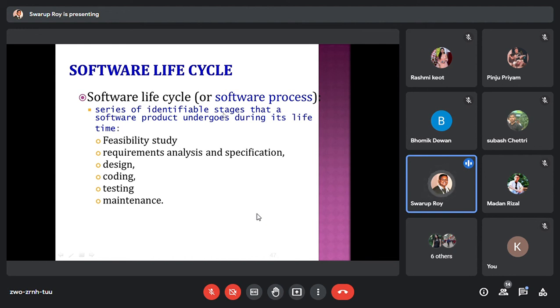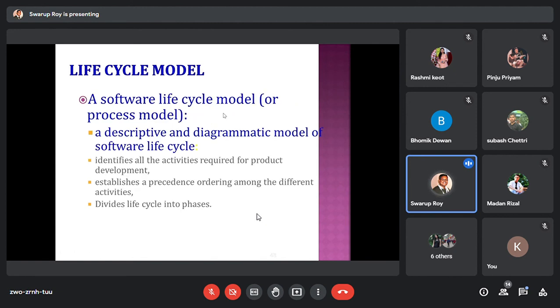Because another company will not come and correct it. For a TV, it's fine. If there is any error, you can give it to any mechanic or service center, and they will correct it. But software is not like that. It will be fixed only by that particular company, because they know how they developed it. That's why they are earning. Software companies earn through maintenance also. They keep a set of people just for this maintenance task. We are going to see all the steps gradually, side by side.